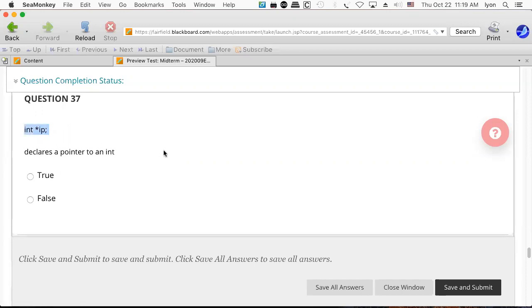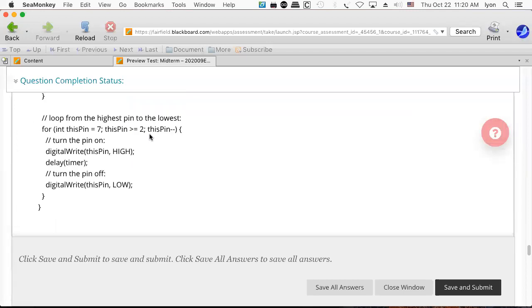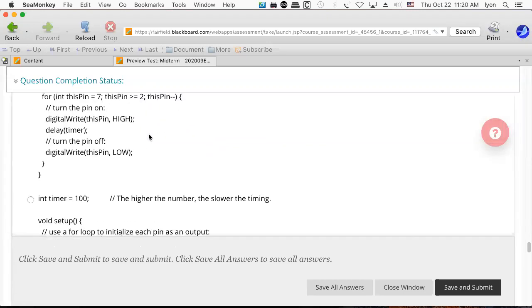Pretend this is a Google interview test and you're trying to get that job at Google. And they say, well, what is this? And you go, I don't know. You think that's a good answer? Is it false? Now, actually, you had a 50-50 shot at that one. It's true. That's going to be a pointer to an integer. So the contents of that will be an address, and you'll have to dereference it to get to the actual value. So that's an